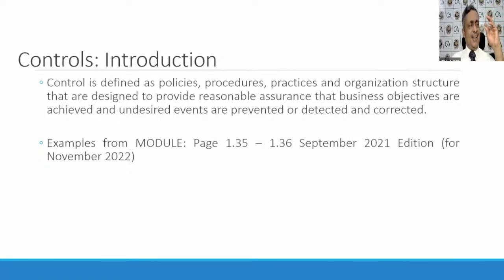Corrective is a control that you can use to reduce the loss impact due to risk. So a fire extinguisher you are going to use when there is a fire. What will be the purpose of a fire extinguisher? To extinguish the fire, to put it down so that the losses are minimized. That is preventive, detective and corrective.